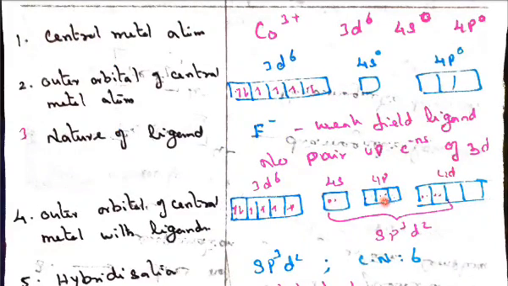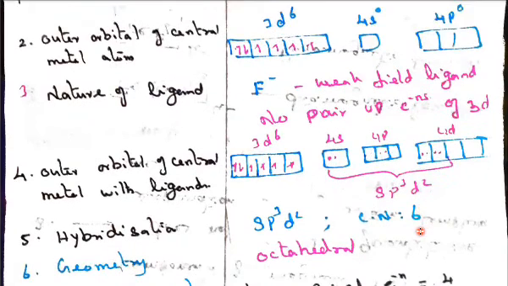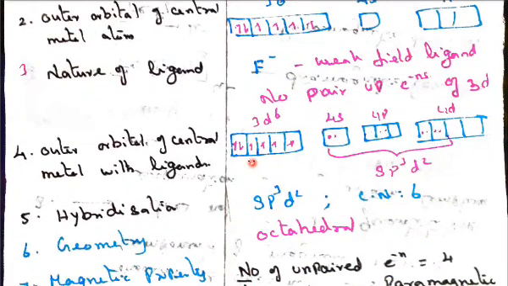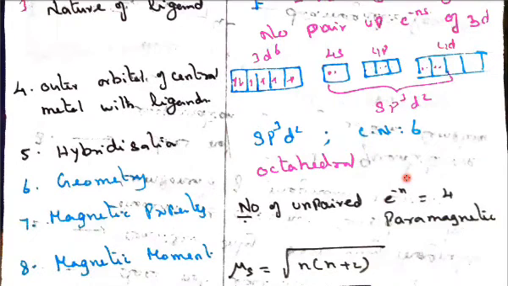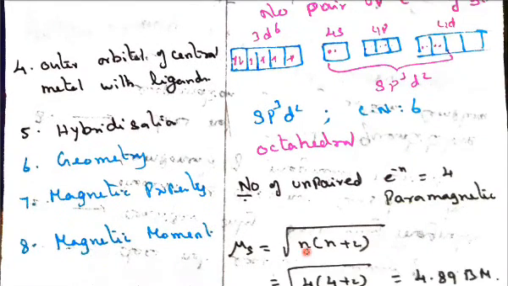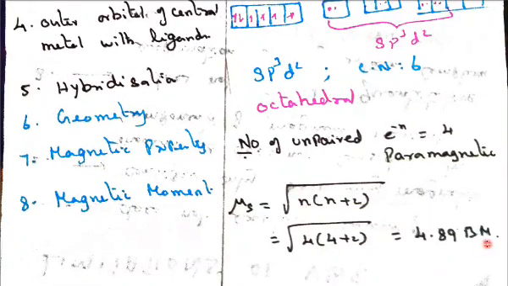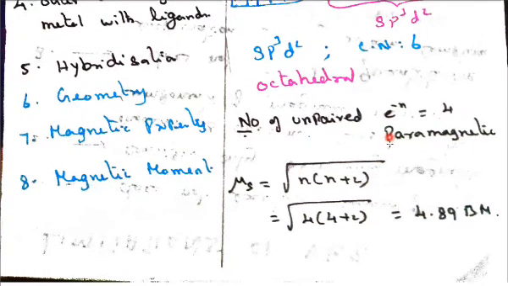One 4s, three 4p, and then 4d also is vacant. So it is occupying 1 in s orbital, 3 p orbitals, 2 d orbitals. So sp3d2 hybridization. The coordination number is 6 for an octahedral complex. So here the number of unpaired electrons is 4: 1, 2, 3, 4. Definitely the magnetic moment will be 4.89, that is 4.9 BM. So 4 point means, as I already told you, the number of unpaired electrons is 4.